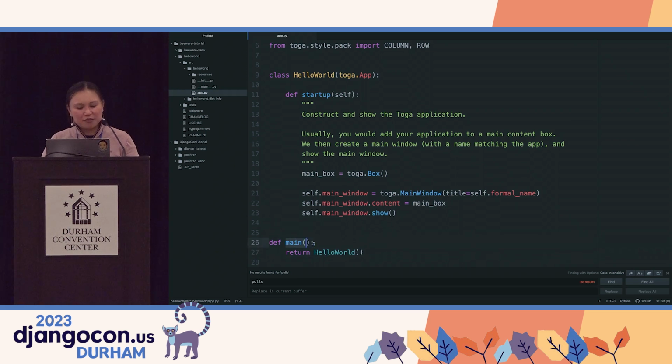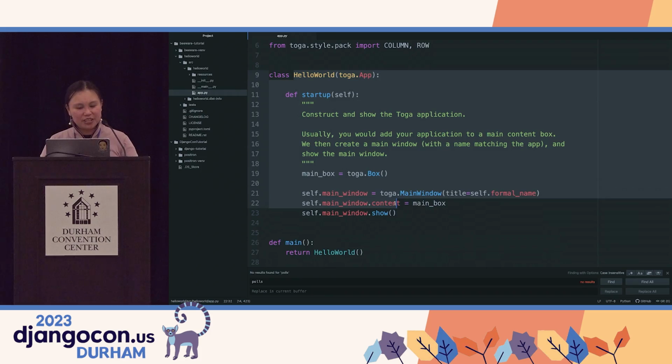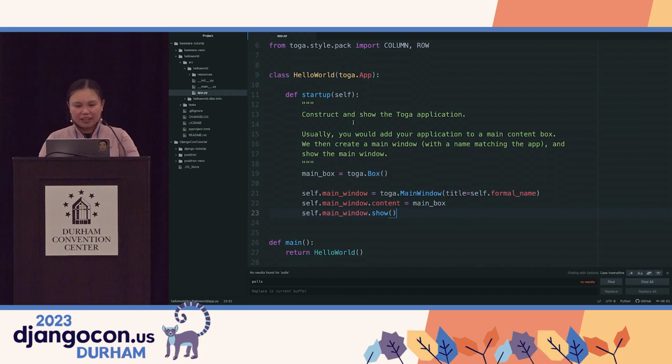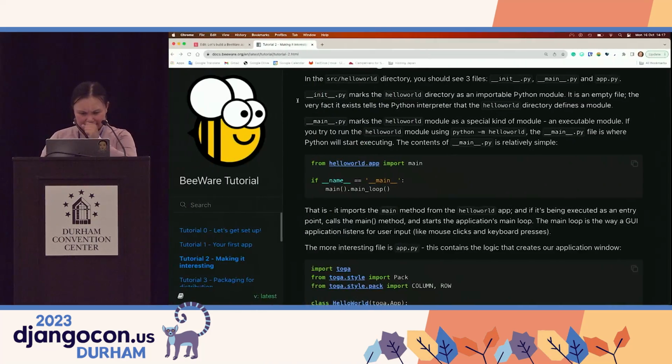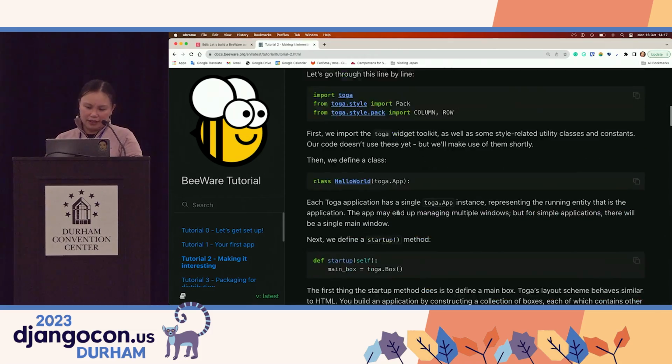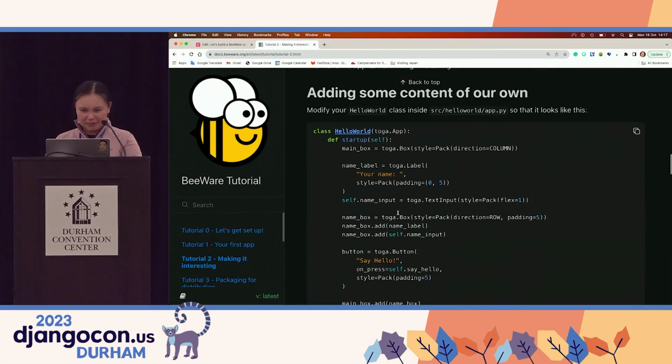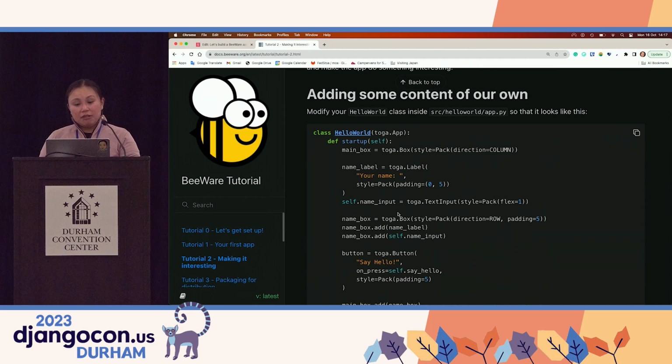But you also have to put it in main so that it will run Hello World, which is this application here. So, okay, let's try to make it more interesting, as it says here, with some content. Now we want to build